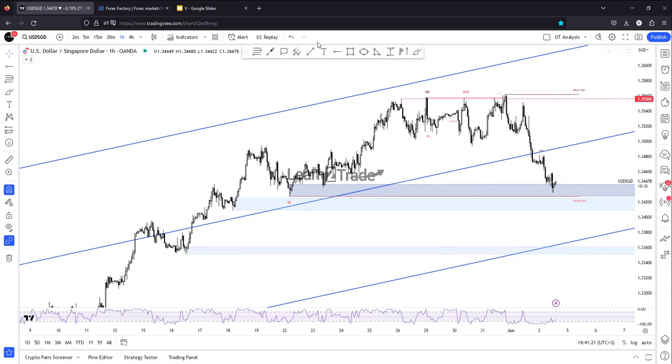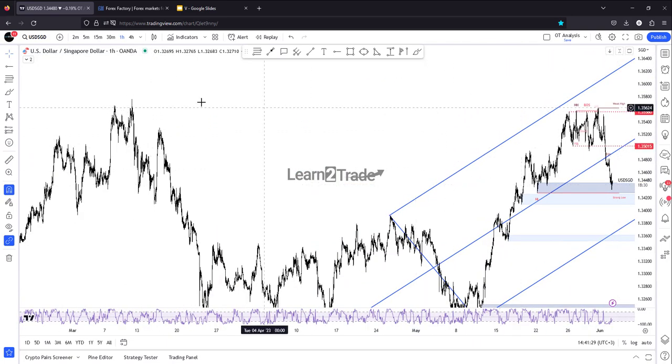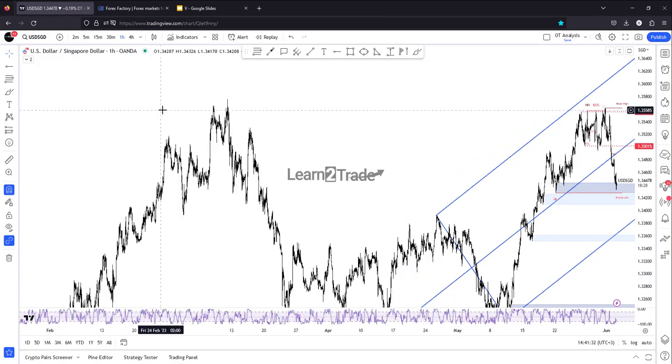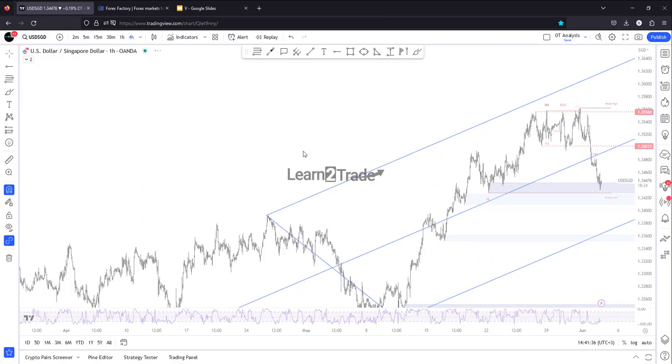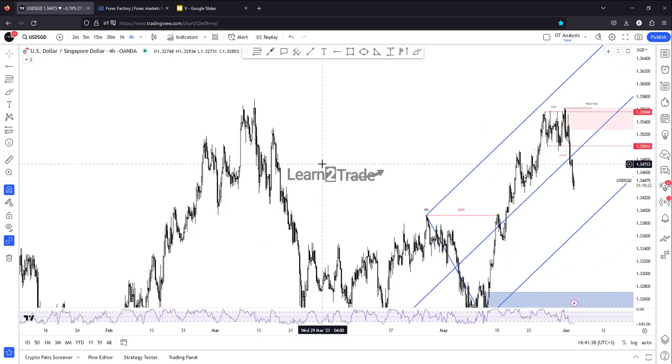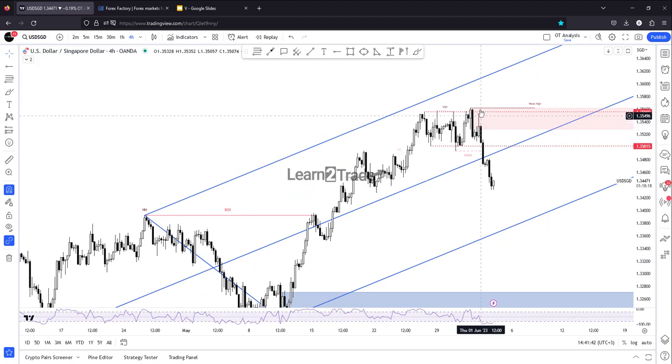1.3556. It has moved sideways in the short term, a sideways movement range, and it has reached this zone, a potential supply zone. And after registering only a false breakout here, a false breakout from this range,